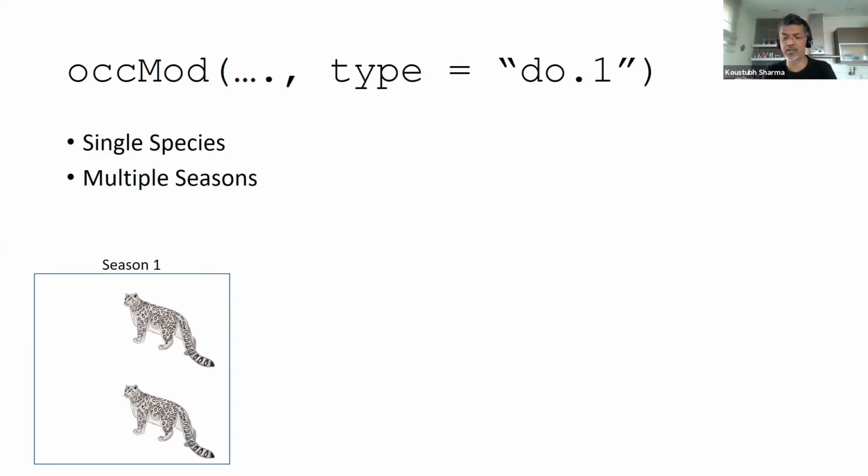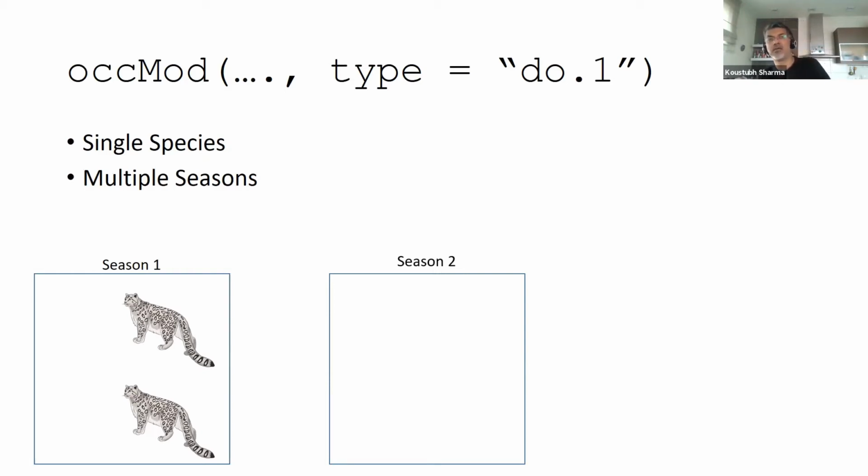Now, quickly moving to a slightly more complex series of models. Again, Justine gave a quick example of this. So far, we've looked at single season models. Now, occupancy methods allow the flexibility of being used across time. And the additional parameter, as Justine indicated, I'll just explain to you. Basically, look at it this way: the same site, you go in, let's say, 2020, then you go there in 2021, and then you go there in 2022. You go there in three different seasons, or you go out and interview people. You ask them what the situation was in 1990, and what the situation was in 2020.